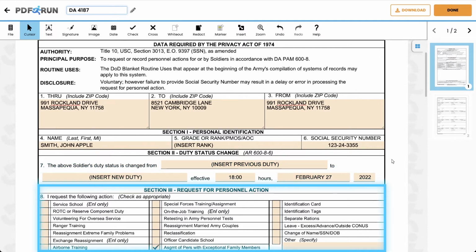Section 3. Request for Personnel Action. In this section, you will indicate the personnel action you will be requesting. You will be asked to mark the box corresponding to the personnel action that you will be requesting. On the form, you will have the option to choose among the following: Service School, ROTC or Reserve Component Duty,